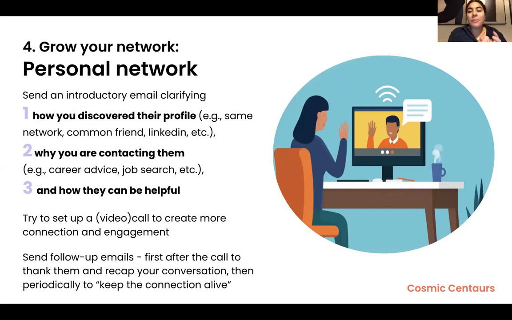So tell people how you came across their profile. Maybe you read an article they wrote and you thought it was really interesting, or maybe you heard that they were a professor of one of your friends and that they really loved their course. Tell them why you're contacting them, whether you're looking to just grow your network, whether you're looking for employment, whether you're looking for advice on something. It always gives context. They know why you're reaching out and how they can be helpful. That's a really important piece, because then they understand what they can offer you. And if not them, they can recommend you.